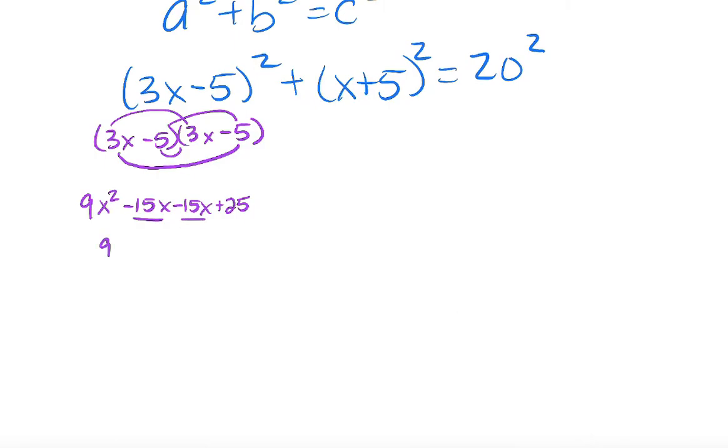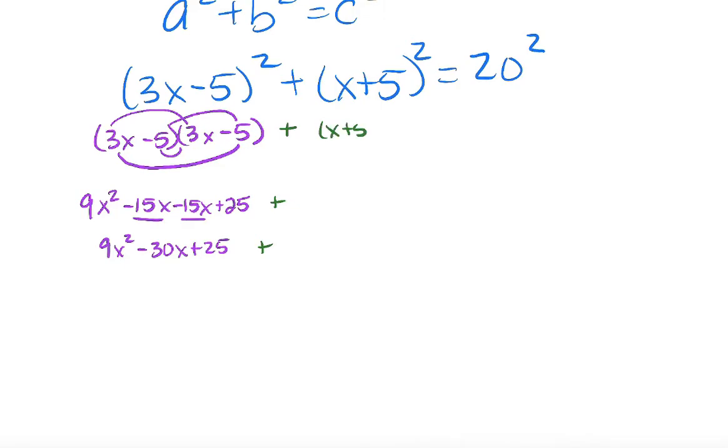I'm going to combine like terms, so we get 9x squared minus 30x plus 25. So that comes from that first set of binomials. Notice that the middle term would be missing if we had made the mistake of just squaring the two parts. Now we have the next trinomial,